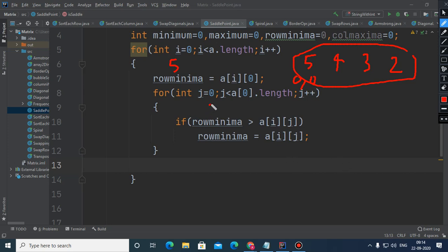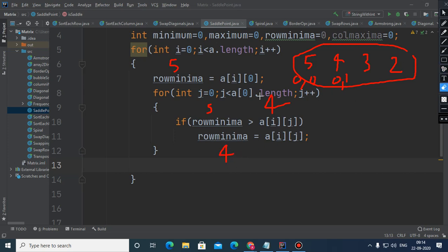Initially this is also 5, so this condition is false. When j reaches 1, the indexing becomes 0,1. We are picking the second element, which is 4. Now 5 is more than 4, so it will be replaced by 4. So here it will become 4.